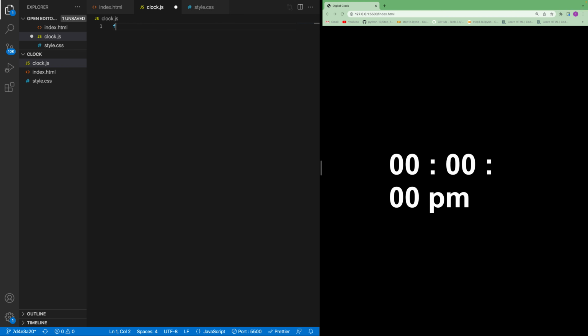And now let's create a function. Name it display time. We're only displaying time, so you can name it anything you want. You always have to put parenthesis to call the function, and then a curly bracket, and let's write the